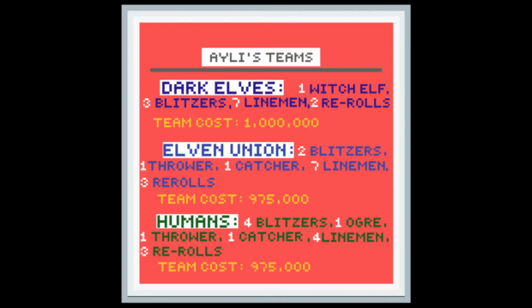Normally I wouldn't recommend so many elf teams to someone, but why has the Elven Union moved up in terms of starting teams? I think we can actually combine these a bit. One of the big reasons I like Elven Union is that they have a lot of the positionals that teams generically need to play Blood Bowl. You get a thrower, a catcher, 2 blitzers, and 7 linemen and 3 rerolls